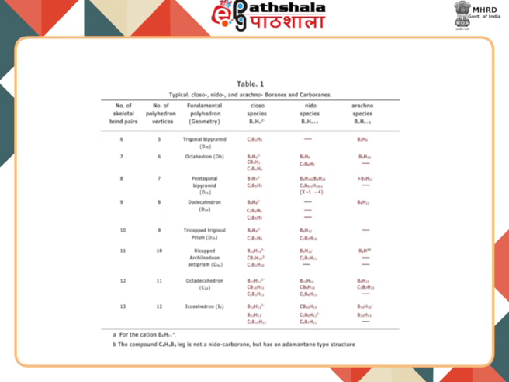B3H6-. When the number of skeletal bond pairs is equal to 7 and the number of polyhedron vertices is 6, the geometry is octahedron. The example in case of closo species is B6H6 2-. In case of carboranes of closo type, this is represented by CB5H7 and also